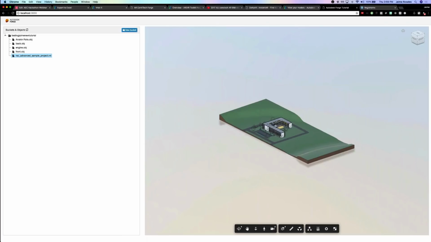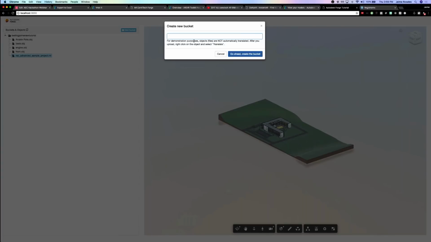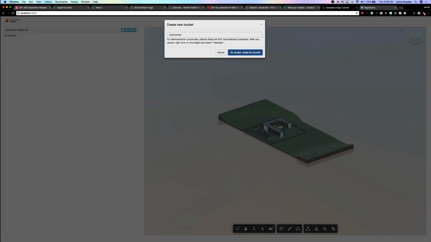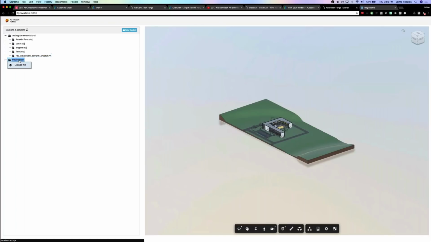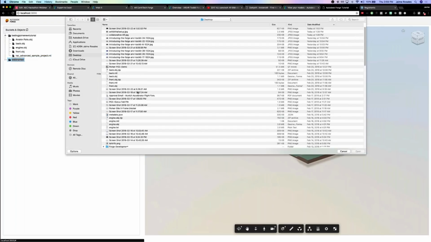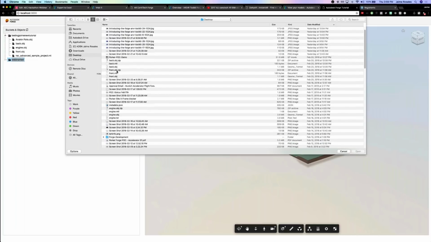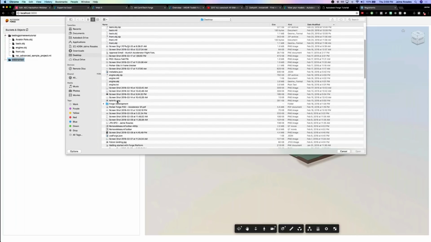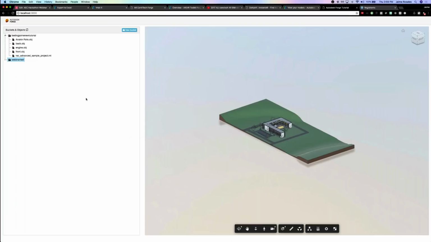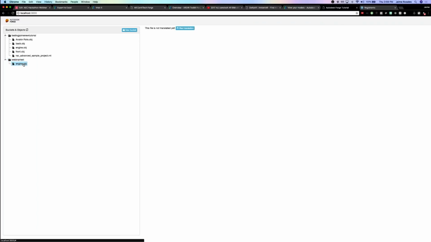You are able to create your bucket. So we create a bucket called webinar test. We can upload a file to this bucket. So let's see, what do I have here? Let's do this engine OBJ. Not very AEC focused, I know, but